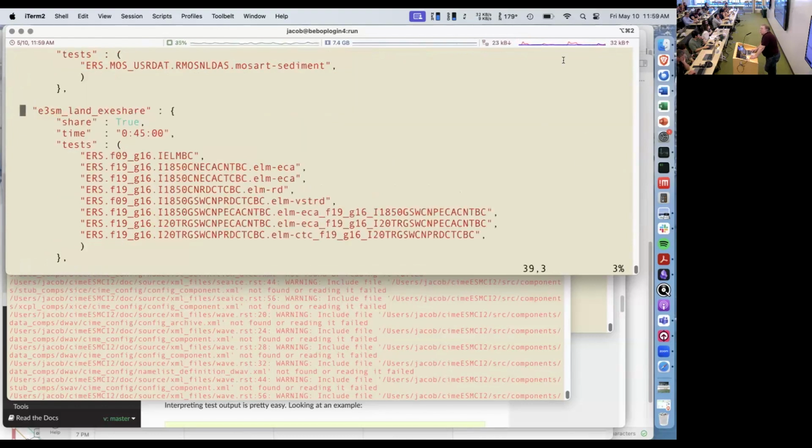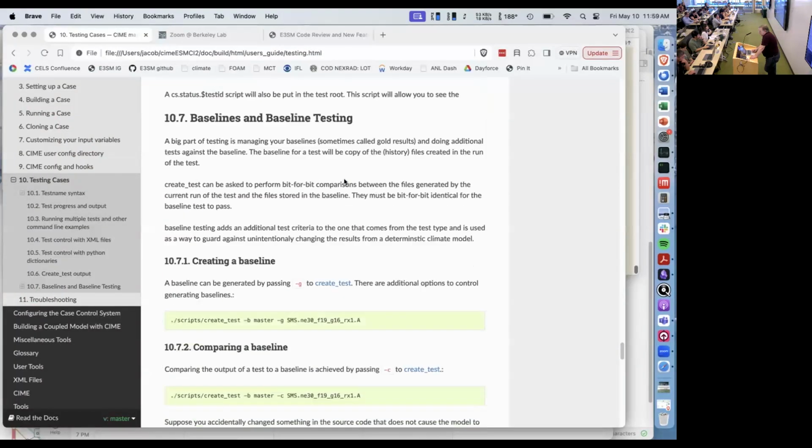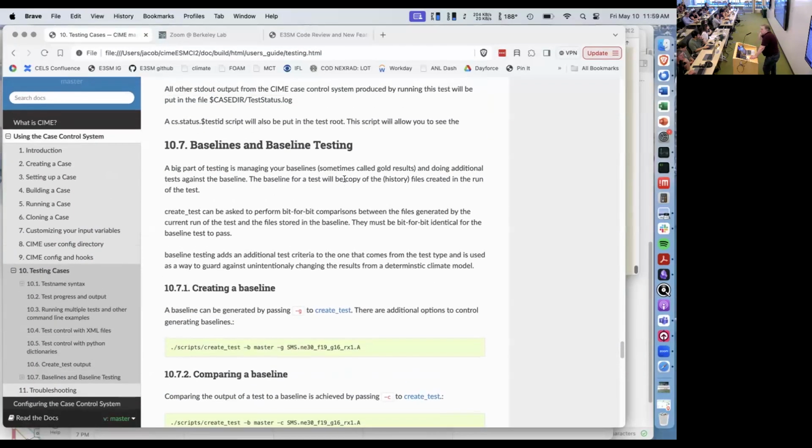All right, really quick, in the minute I've left, I want to talk about baselines. So remember how I said these tests are outputting coupler history because the create test framework and CIME knows how to use XML change commands to tell the model to output coupler history. So every time you run the test suite, you're going to have a whole bunch of coupler history files.